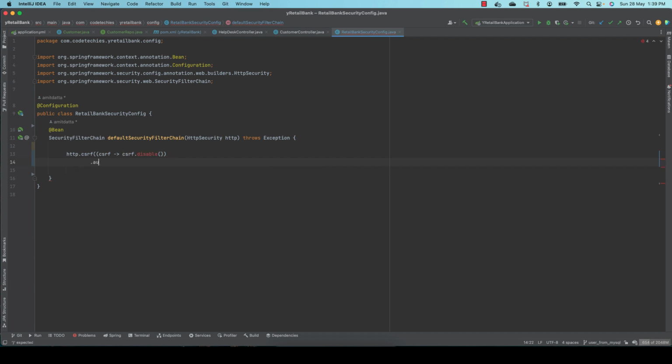Then followed by these things, csrf disable. Could not resolve the method. I did this one wrong. Csrf disable, so authorize. Now I'll give authorizeHttpRequests, and within this,